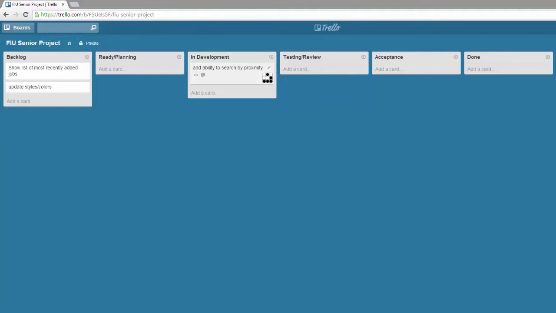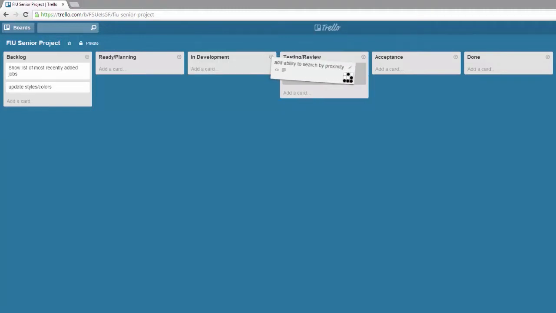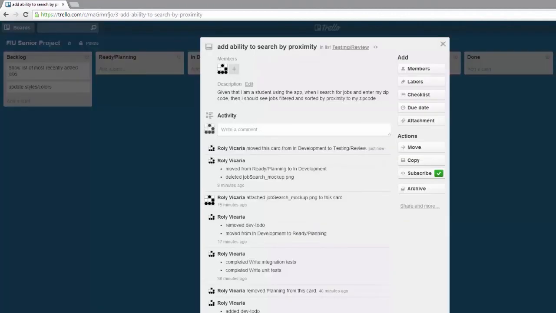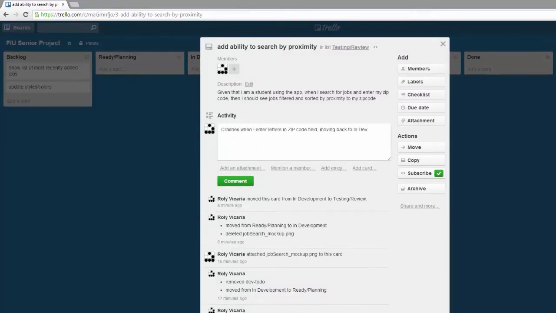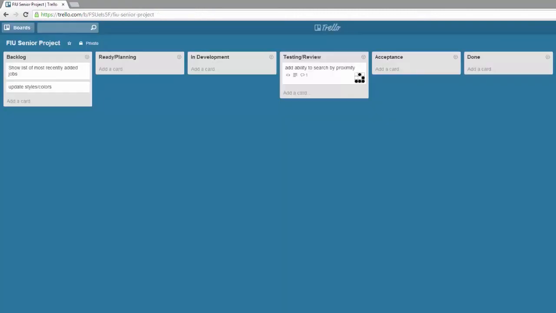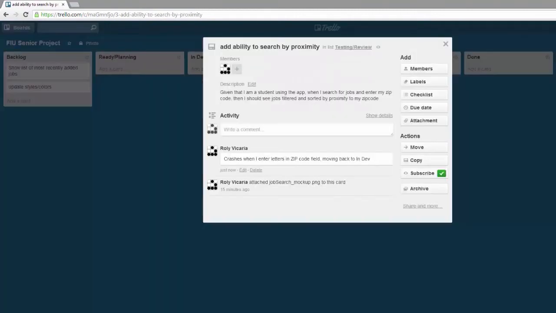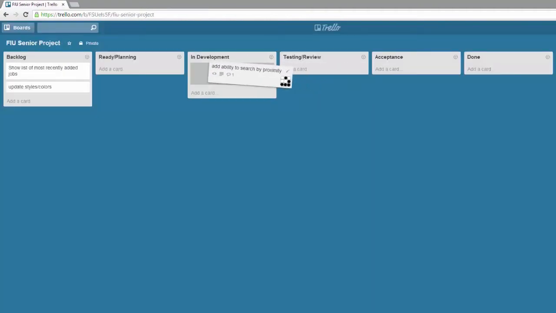Once the feature has been developed, the developer can then move the card over to the testing review column. Typically at this point, a test engineer or quality assurance analyst would now be responsible for reviewing the work done as part of this card. If the test engineer were to find an issue with something, they can capture it in the form of a comment and then send it back to the in development column. You may have to go through this loop a few times before the test engineer is okay signing off on